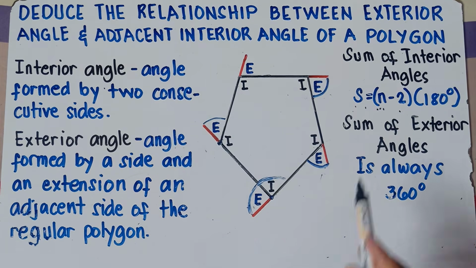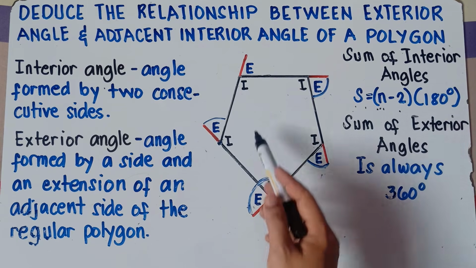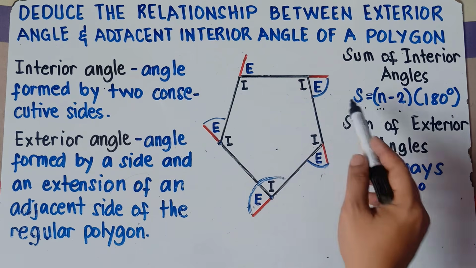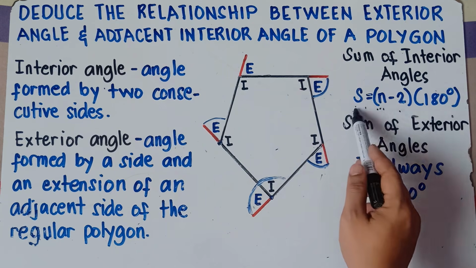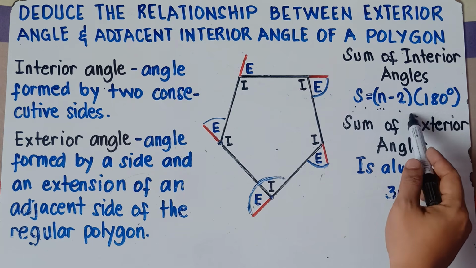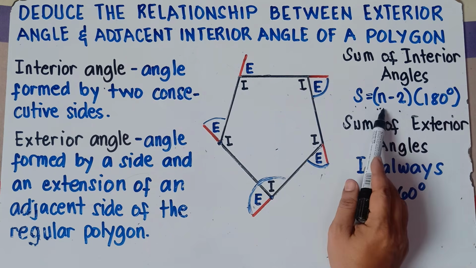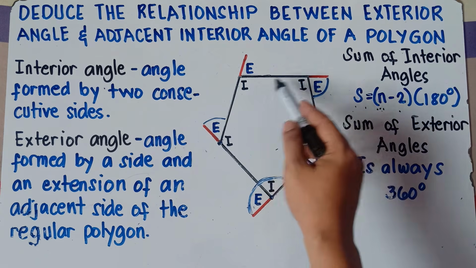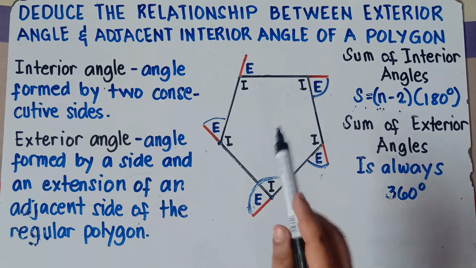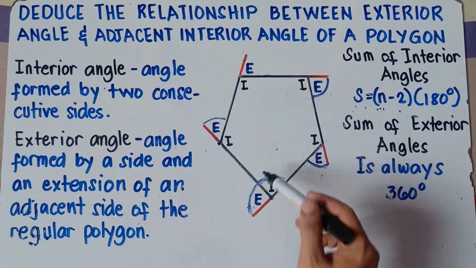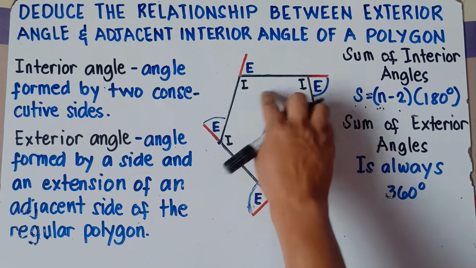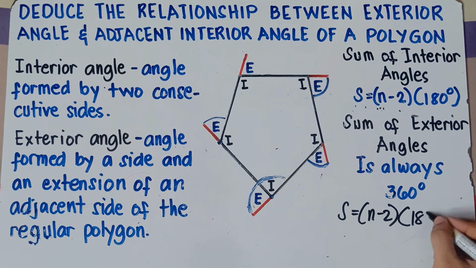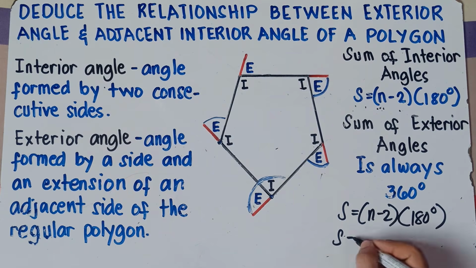Now, let's talk about the sum of interior angles. To find the sum of the interior angles of this given pentagon, we can use this formula: S, or the sum, is equal to n minus 2 times 180 degrees. Here, n represents the number of sides. Once again, class, if the teacher asks you to find the sum of the interior angles of a given polygon, you can find that using this formula. So let's find the sum for this given pentagon. Sum of interior angles: S equals n minus 2 times 180 degrees. So copy S, or the sum.